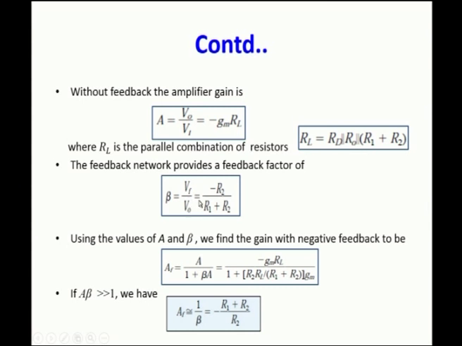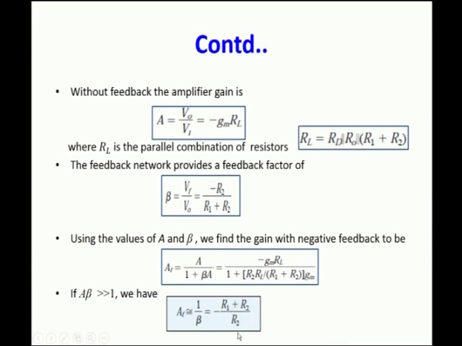So, Vf by V0 is minus R2 by R1 plus R2. Using the value of A and beta, we can substitute in the formula for gain with feedback, A by 1 plus beta A. If you substitute these two values, minus gm RL into minus R2 by R1 plus R2, finally you will be getting minus